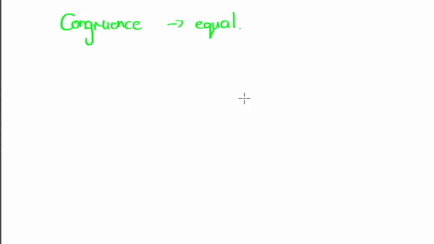So it's not difficult. Equal would mean it's the same thing. So for example, if I say A is equal to 10 and B is equal to 10, then A is equal to B. It would mean that they are the same thing. They're both 10. But when we work in geometry with shapes, when I have two different shapes, they can't be equal. They're not the same thing, but they are the same in size and shape. So if something is the same size and shape as another thing, it's congruent.